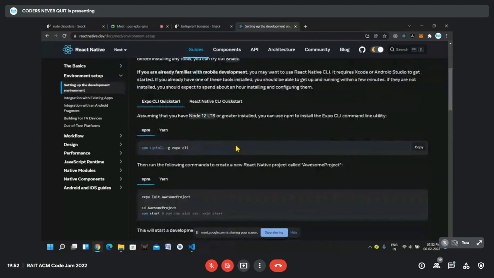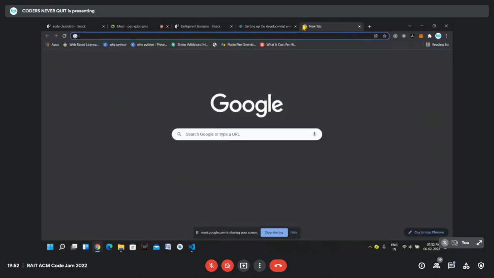So see, we have two ways of setting up our React Native in our computer or on our machine. So one is this Expo, and another one is React Native CLI. So I'll tell you what is the difference in both. Okay, so